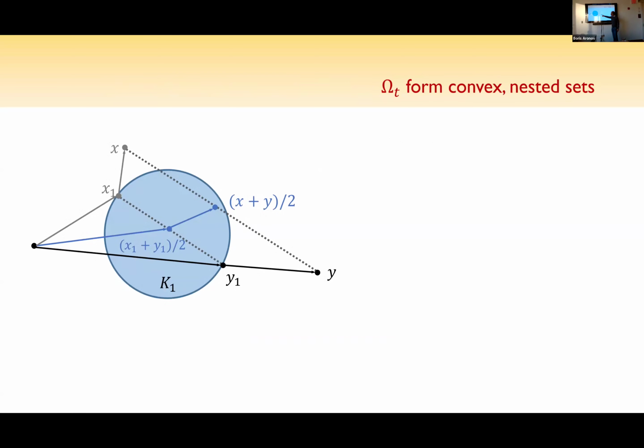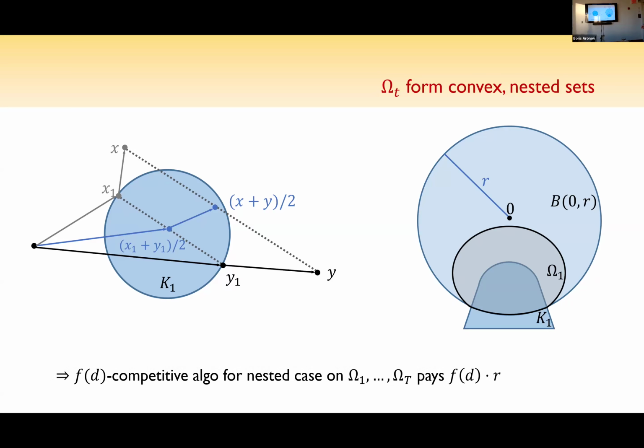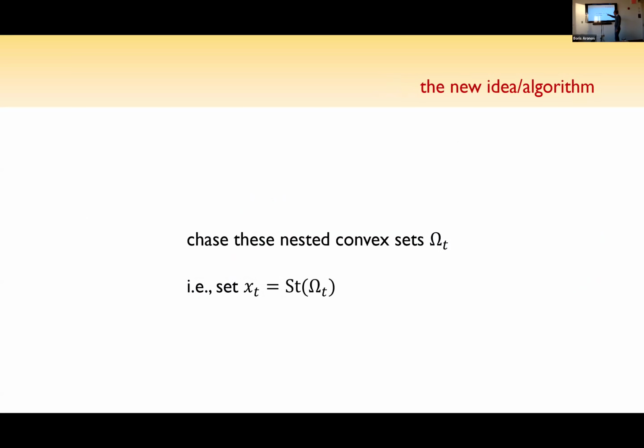So first, if opt can reach y and opt can reach x, then opt can reach any point on the segment between them. You can define a suitable trajectory. This must rely on the bodies being convex. Totally. If I give you more constraints, opt can be in fewer places while paying at most R. So these sets are nested. I'm giving you a bunch of convex nested sets. What should you do? You should chase those sets. New idea: chase these nested convex sets.